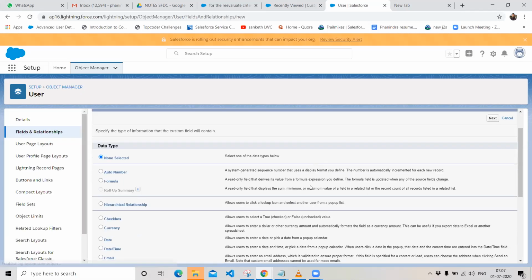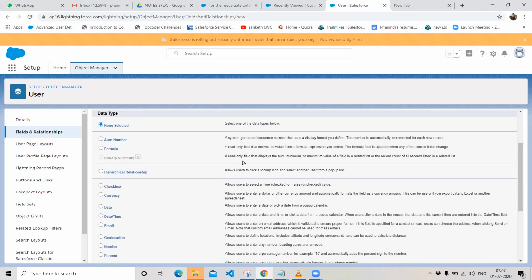Once we click on new, can you see any of the relations called a lookup relation or master detail relation or any other relations other than the hierarchical relationship? Even the roll-up summary has been disabled. On certain conditions only it will be enabled. I think I need to check this with respect to this. So this is the hierarchical relationship though.